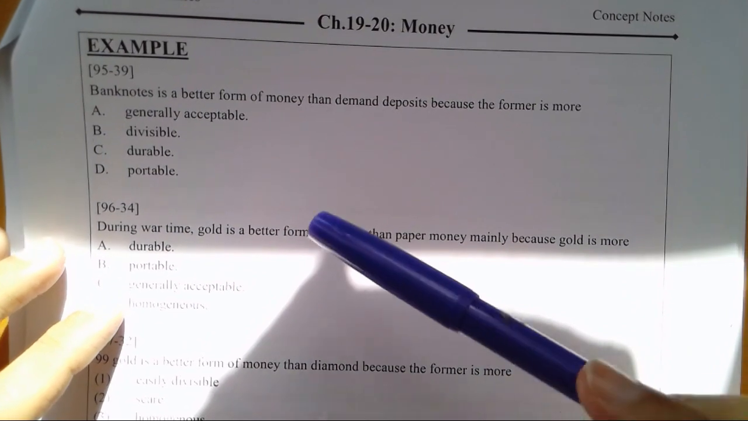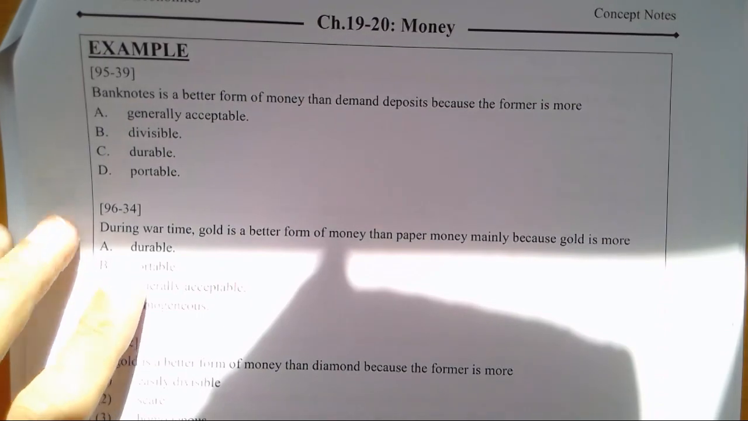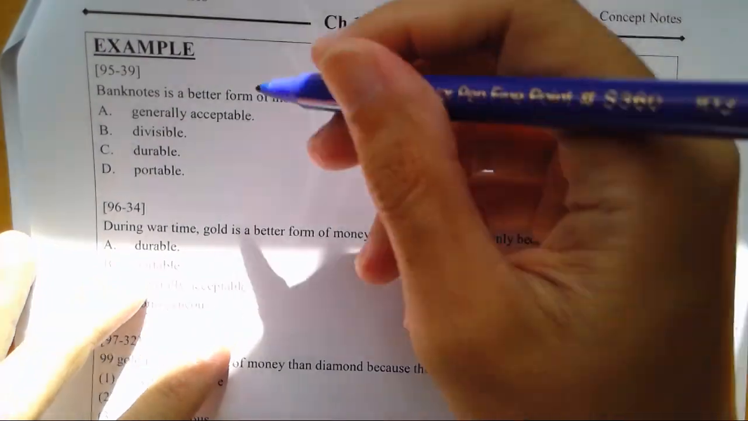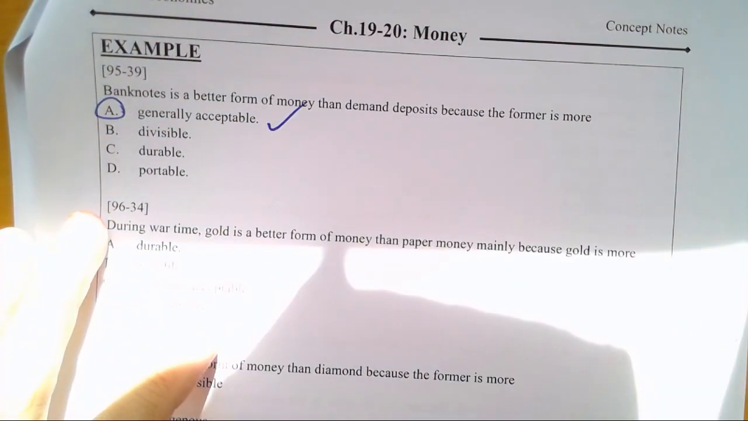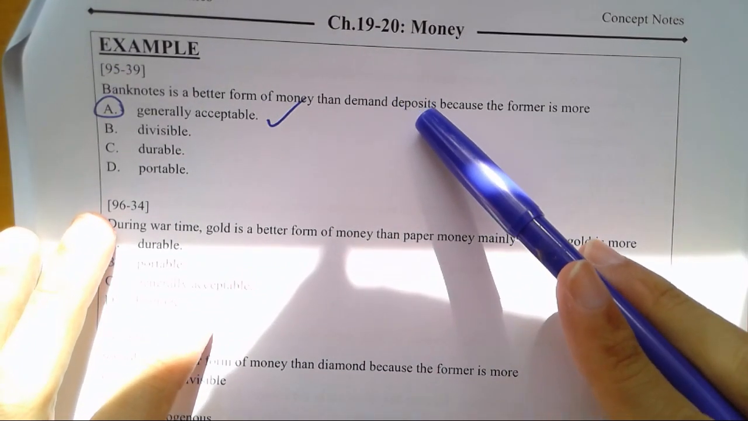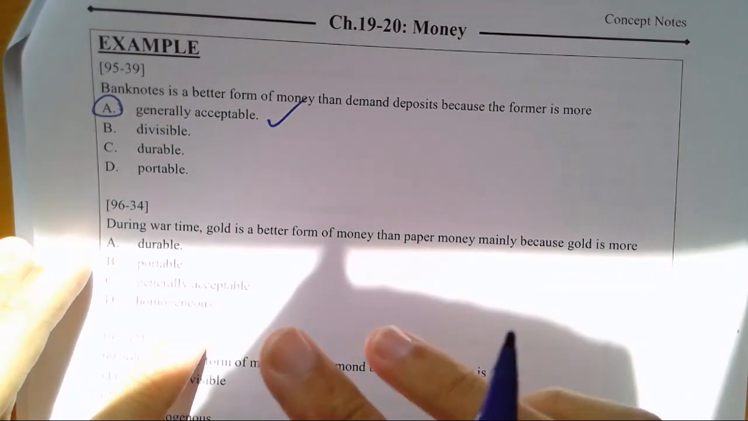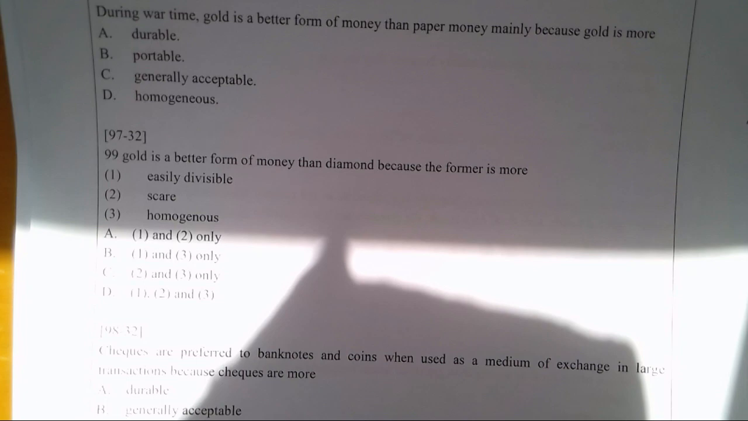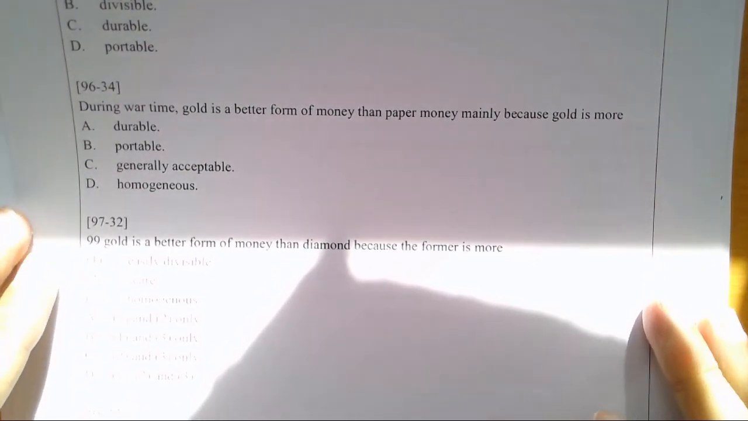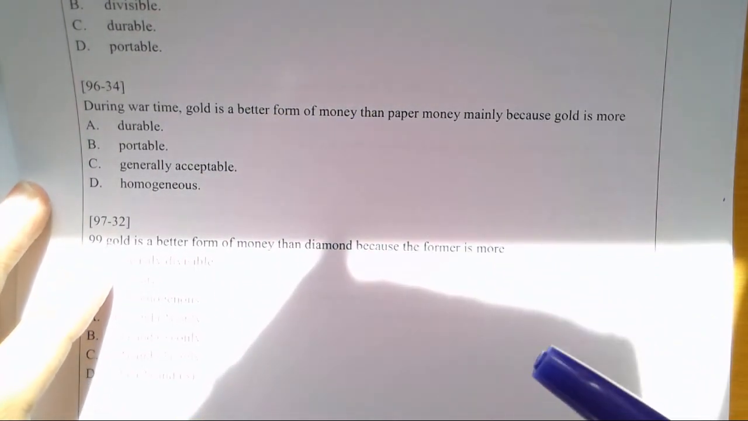Okay, now first, banknotes are better than demand deposit because the former is more or less safe. Okay, which one? Okay, let's see. Generally acceptable 咯。Usually people accept banknotes. You can't go, hey, let me give you my demand deposit card. You get money. No. Okay, more generally acceptable. 其他唔解咯，好唔好啊？